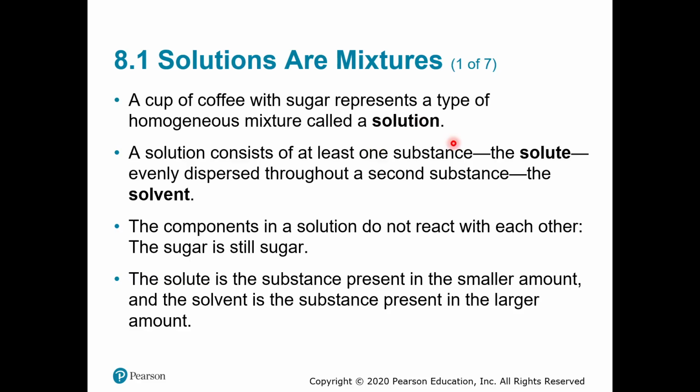typically with some sort of solvent dissolving everything. Now, the solution is going to be composed of two different things. You need to have at least one substance that will be the solute. This is going to be evenly dispersed throughout a second substance, which will be the solvent. The way you determine which is which is what do you have more. Okay? That's all that matters. Do I have more of the solvent? Yes, I always have more of the solvent. The solute, on the other hand, is the thing I have less of and is then dissolved in the other